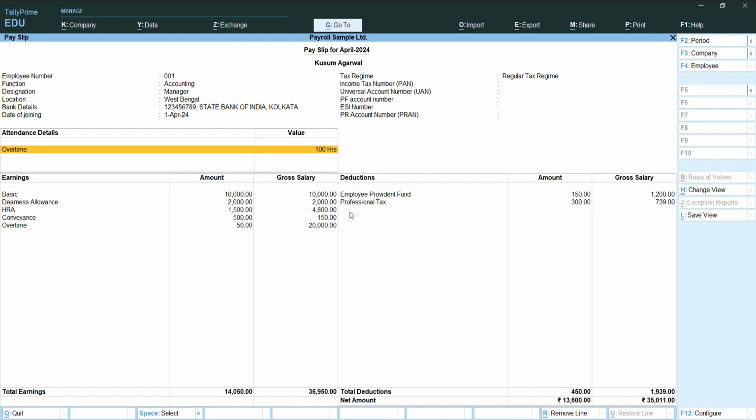You can see all the details of salary and everything about payslip is showing here. Her name, her function, designation, etc. and overtime, etc. Everything is showing here. You can see it from here and you can download it from here, or you can capture it and print